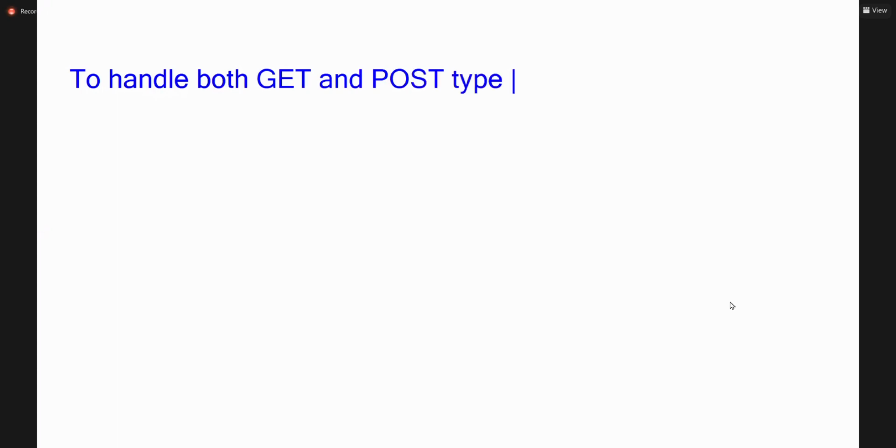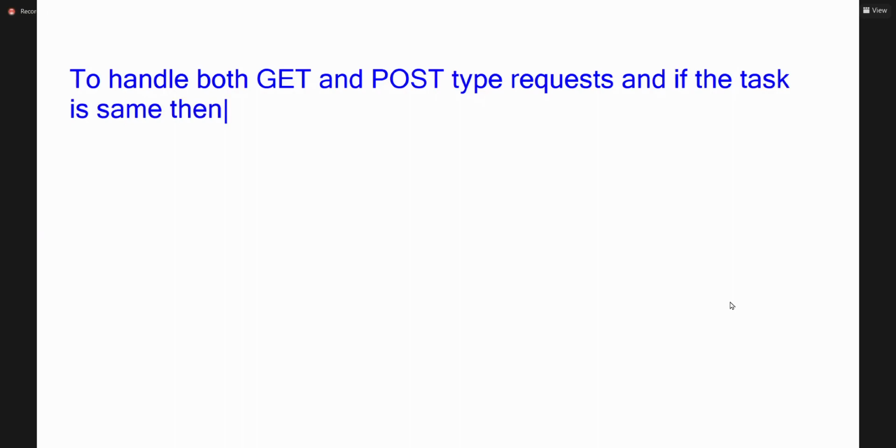Now here, to handle both get and post type requests, and if the task is same, then override the non-life cycle service method. I said non-life cycle service method,